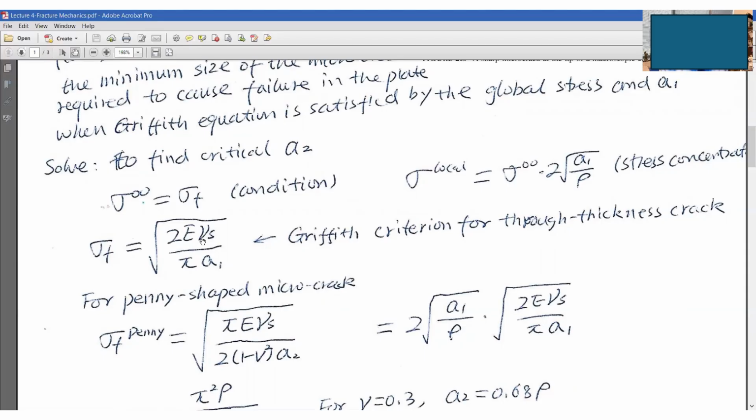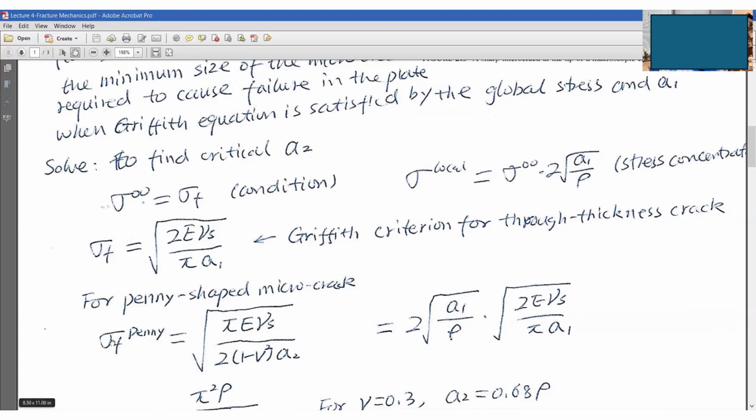Gamma S is the fracture energy per unit area. So this is gamma S divided by pi A1, and this is sigma F equals 2E gamma S over pi A1. And this one is for a penny-shaped micro